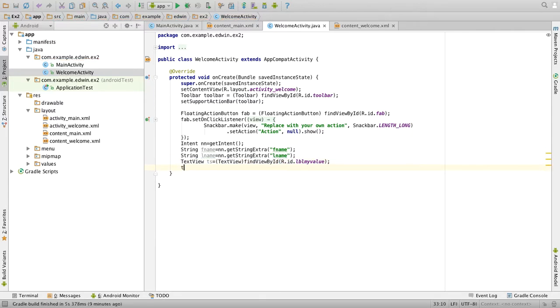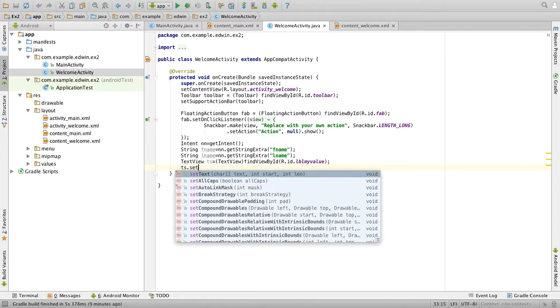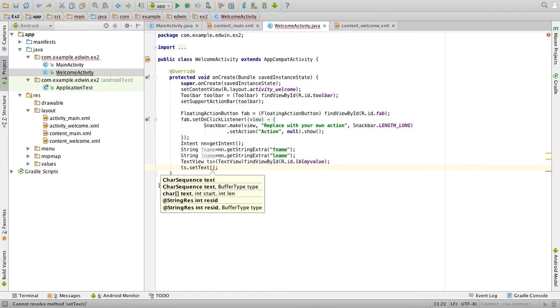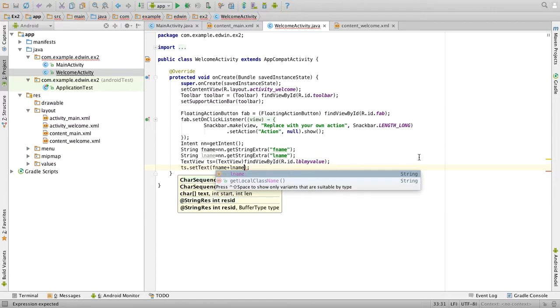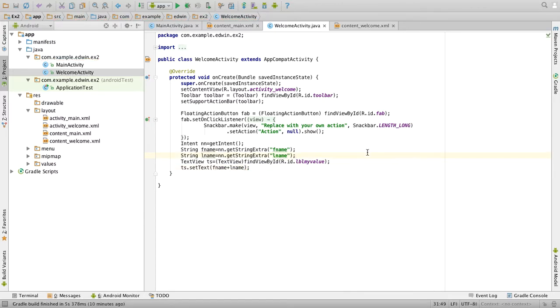Okay, so ts.setText. This function will set or change the text to fname plus lname. Okay, that's all.